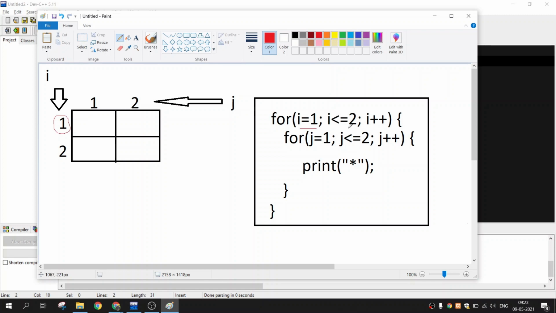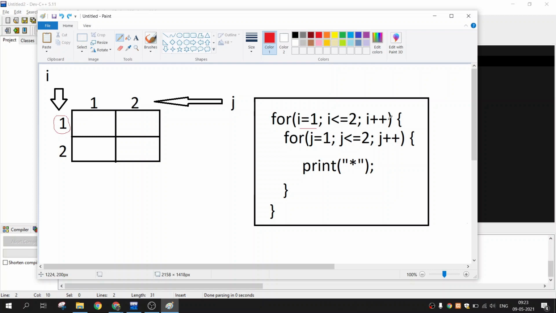So 1 is less than or equal to 2, yes, this condition is satisfied, it returns true, so it comes inside the for loop block. Always remember guys, the for loop increments the value after executing its current block. So the code inside the block is not yet executed.